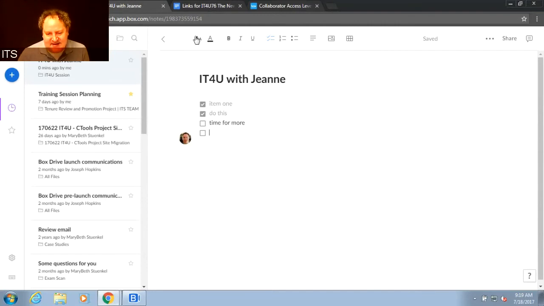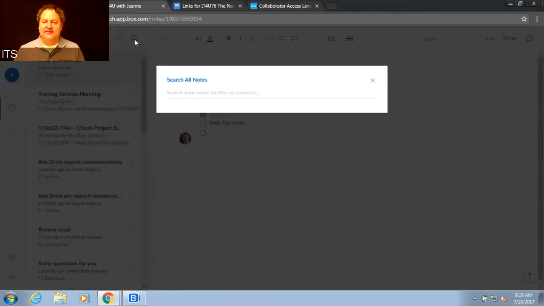It has real simple things. You can give some different sizes, colors, your standard bold, italic, underline. I mean, it's not like a full-blown Microsoft Word or even Google Doc, but it's a way that you can take notes and keep it right inside Box with you. You can even make some tables with it. And all of your recent Box Notes will show up on the left in the menu. And you can even search with the magnifying glass if it's not a recent Box Note that you want to